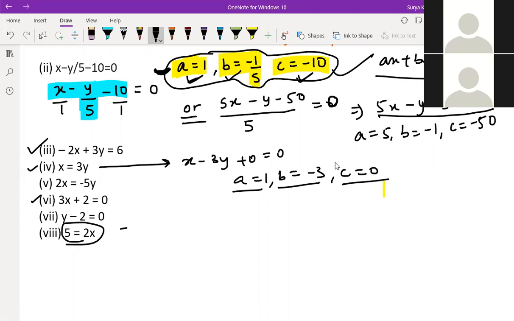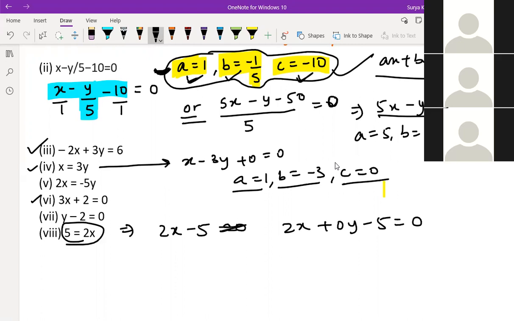Now this equation, what can you write for this? 2x minus 5 equals 0. Not just that, you can write it like 2x plus 0y minus 5 equals 0. Can we write like this or not? Yes, sir. But how 0y, sir? I didn't understand. Because y is not there in the equation, simply we want the coefficient of y, so we can write 0 over there. Okay, sir. So we add an imaginary y and then the minus 5 is c. Yeah, that's it. Because this is the constant now.